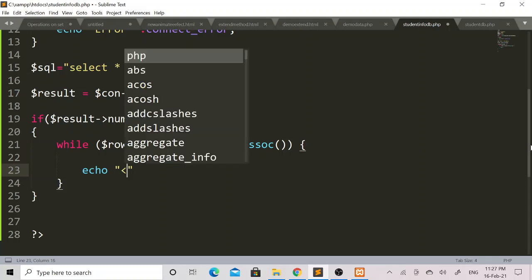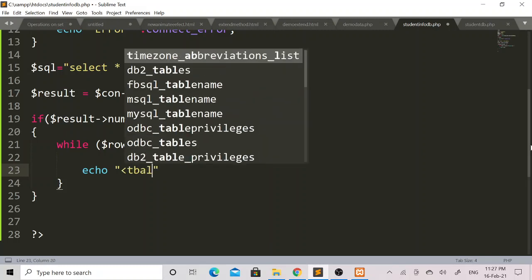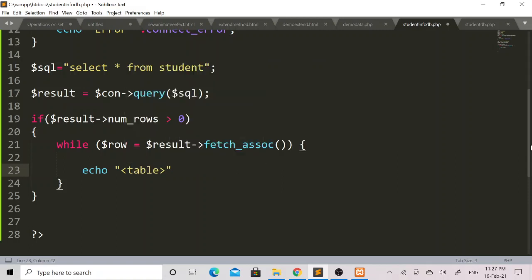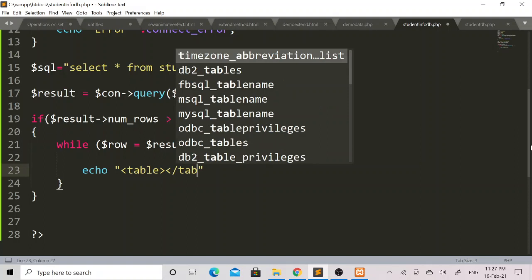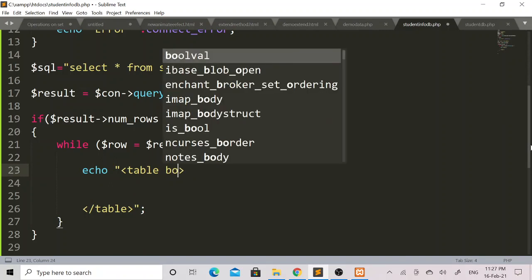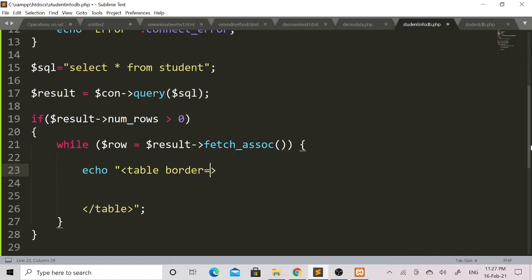Here I will mention table tag, then this is the closing of this table tag. After double quote I will add semicolon. In the opening of table tag I will mention border attribute. I will set border as 5px.